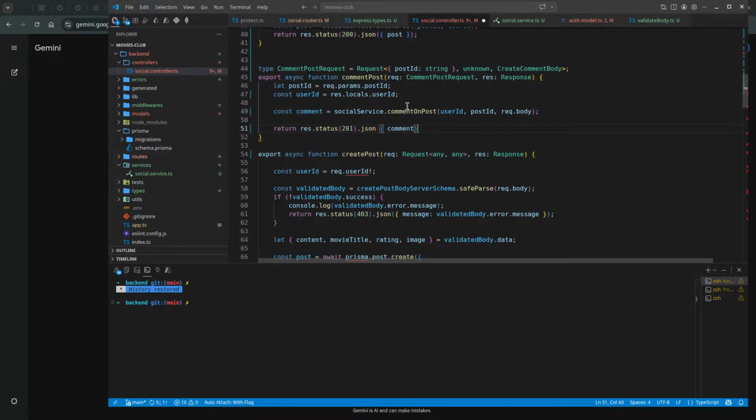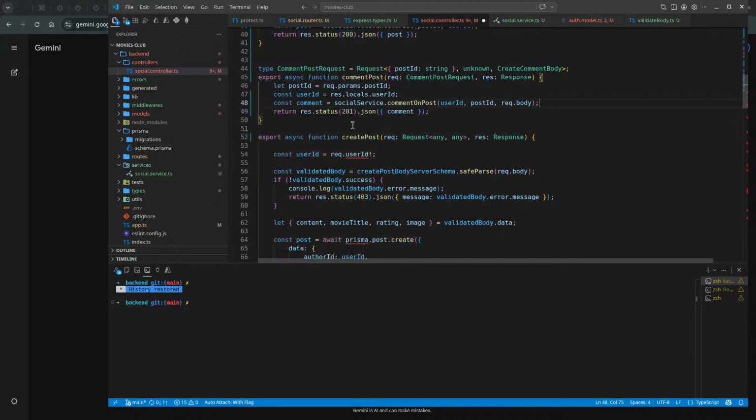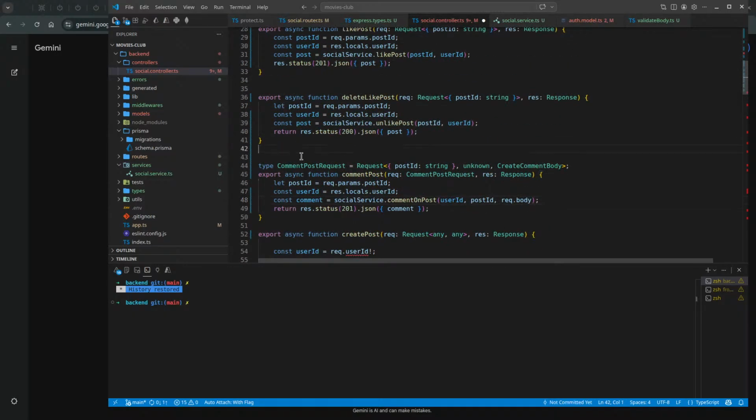And we can return this with the status of created. We don't have to return anything else because Prisma will throw. This is actually very cool.